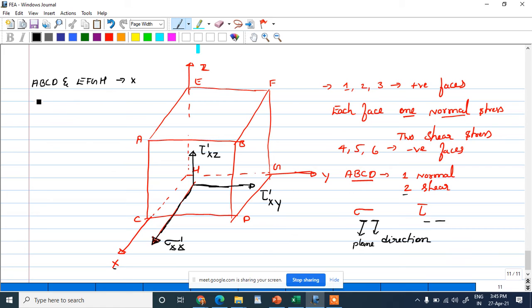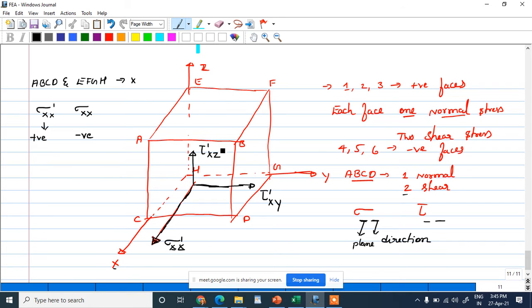So if it is in the positive phase, I will be representing the stress sigma xx prime. If it is in the negative phase, I will represent sigma xx only. Okay. So this representation for positive phase and this representation for negative phase. So similarly, this is for x plane in positive, as well as we have in the